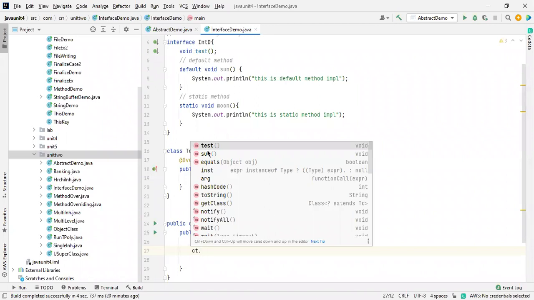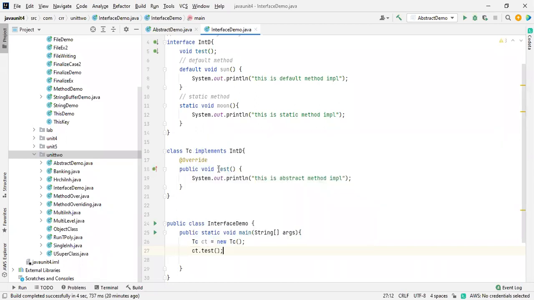But see, only the abstract method and the sun default method are shown, but the moon doesn't. Did you get my point? Only these two methods we are seeing, but this moon method is not shown over here. So just to show you, I want to print this first of all.